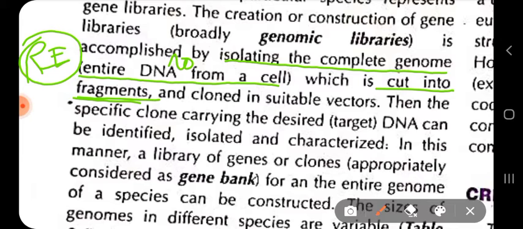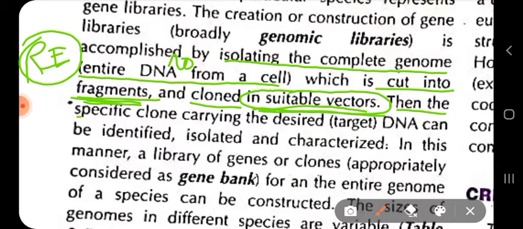And then these target DNA fragments are cloned properly with suitable vectors. They are first inserted into suitable vectors by the same process, cleaving with the same restriction enzyme, and then these vectors are allowed to transfect or transform into the host cell. Generally we use a bacterial cell as the host cell here, where these vectors will replicate, and eventually replicate the particular DNA fragments which the vector is carrying.